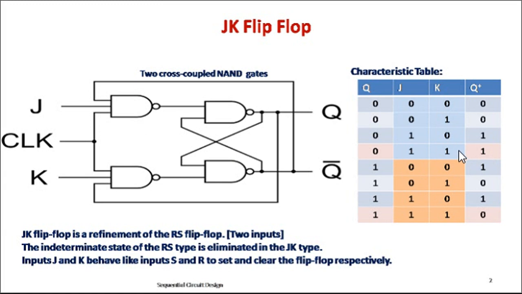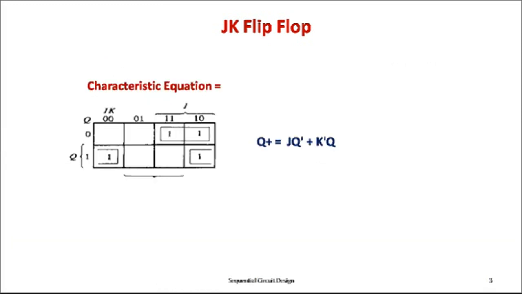Now if you apply 0 0 after 1 1, what does it mean? Whenever you apply the input 0 0 to J and K, the output is your previous output. Previous was 1, that's why it is 1. Now 0 1 is reset, so it is 0; 1 0 is set, so it is 1; again 1 1 depends upon the complement of Q, which is 1 here, so that's why it is 0. Like this, the JK flip flop will work.